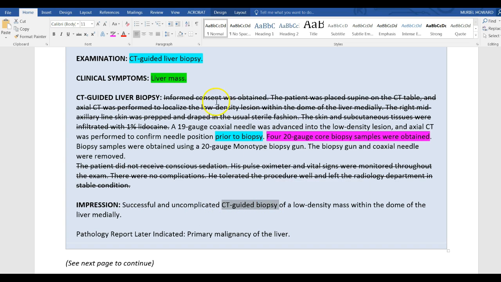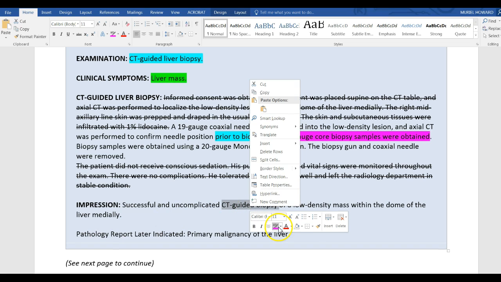This makes a difference, and this kind of repeats itself several times. As you get into reviewing your operative notes and your reports, you're going to see that you have a short description here, a more detailed description of the procedure in here, and then he follows up with usually his impression or overall impression, conclusion, final diagnosis. All of that right here is pretty much the same as this. He's just telling us what he did or what he found. So what he did was he sent the samples to the pathologist,